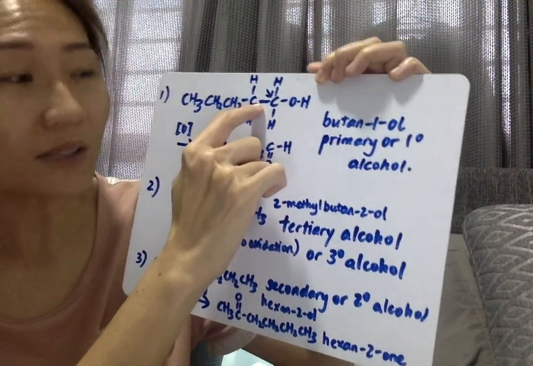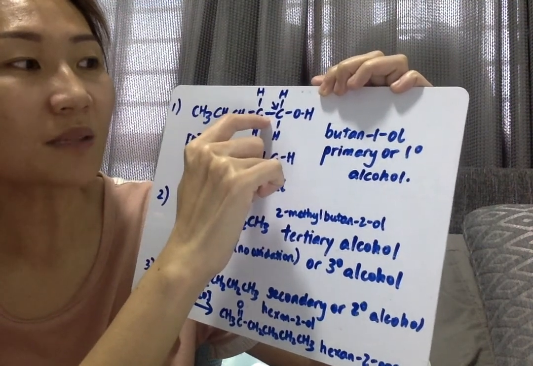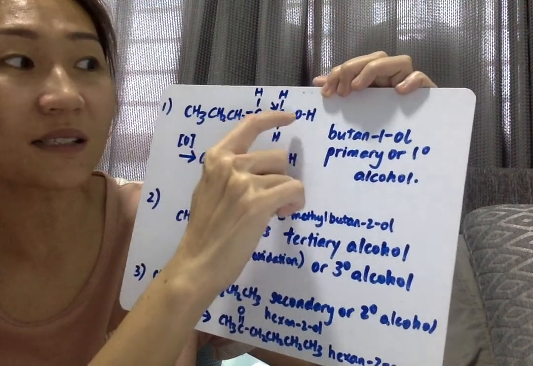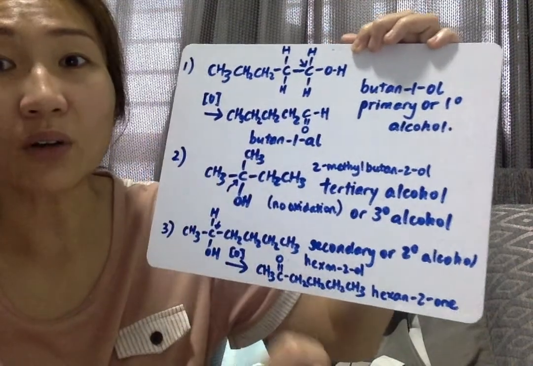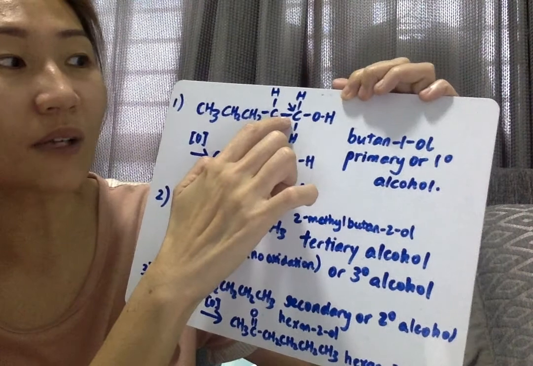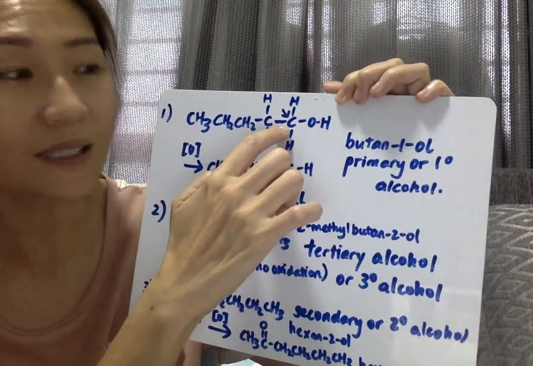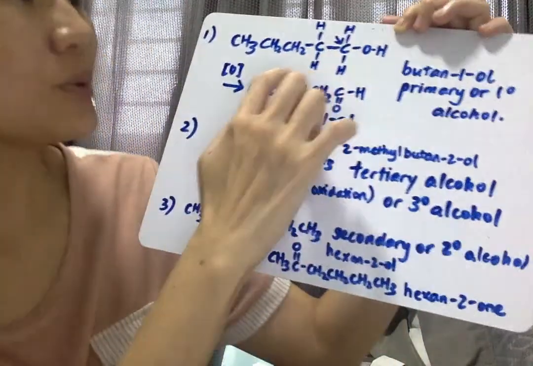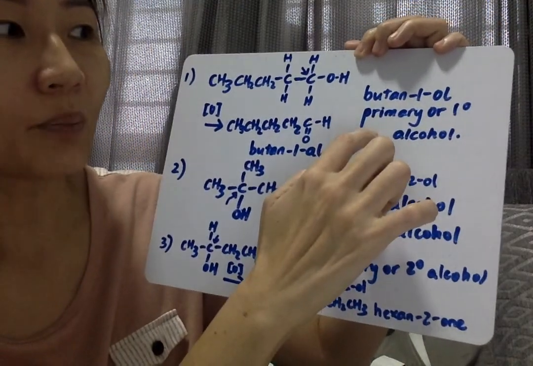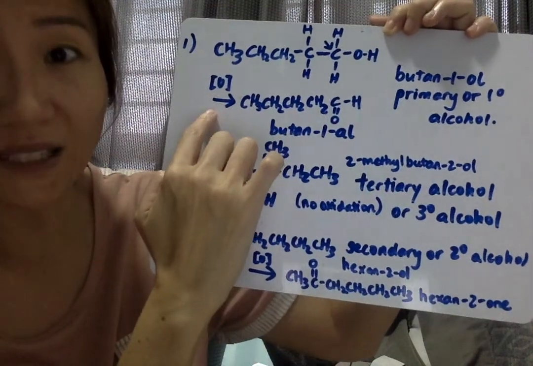That is to say, the number of carbon atoms attached to the carbon that is attached to the hydroxy group tells you the degree of the alcohol. So butan-1-ol, a primary alcohol, will oxidize